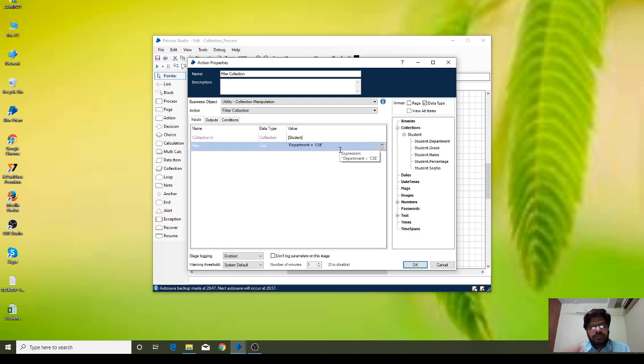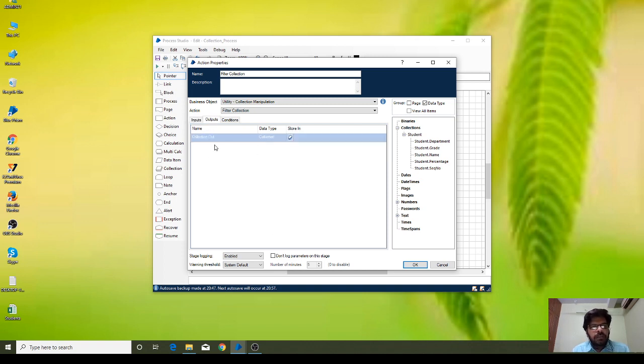When you put that value, you have to mention single quotes. It's very important, a single quote, and you have to close the double quotes. So inputs provided. From the Department column, the value we are going to filter is CSE, and close the single quote and double quotes.